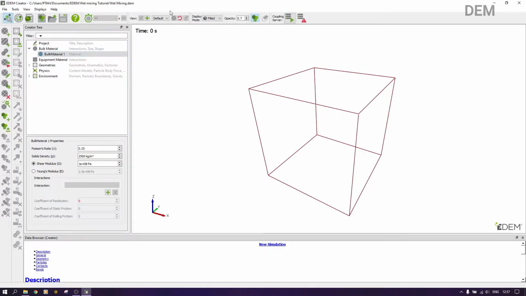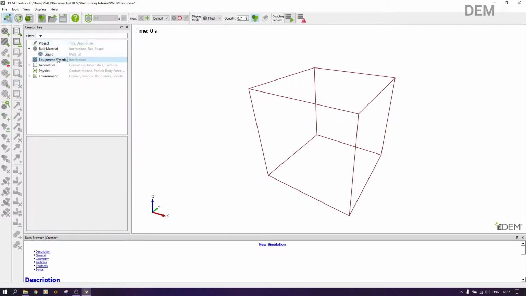Now, for bulk material one, we're going to call it liquid, because this is where we are going to rename. This is how we are going to rename our particle. This is where we are going to put our spray, sorry. So like that, and then we change the properties. For the shear modulus, 1e6 like that. And then we need to rename this to liquid, like that. And then now we need to add